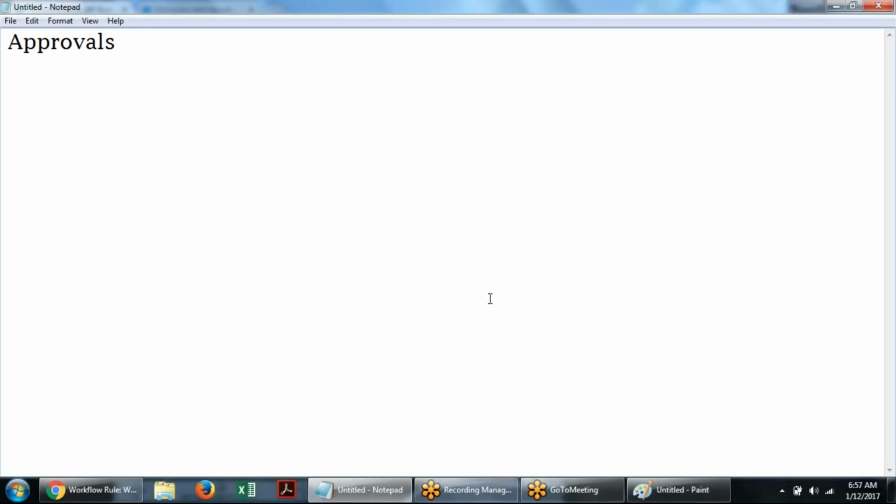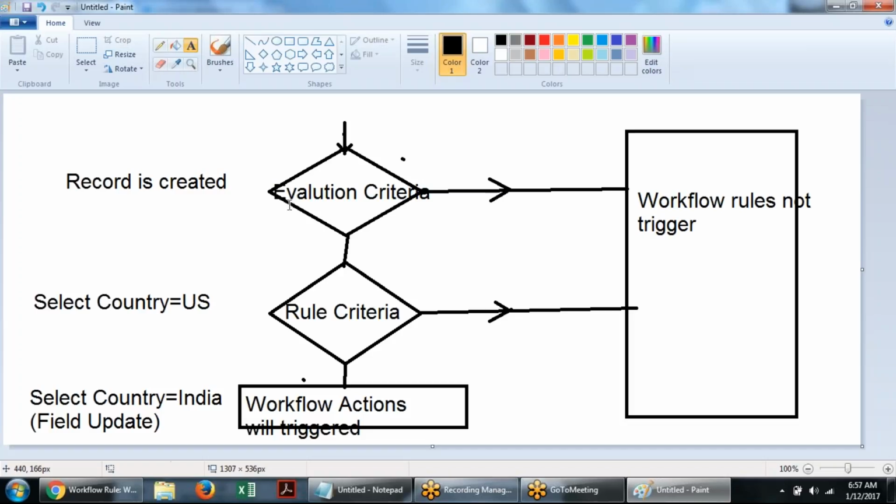Minimum two direct or indirect questions will come from these workflows. So evaluation criteria, rule criteria, workflow actions, everything related to workflows is important, and scenarios will be asked. So what if the workflow rule is triggered once